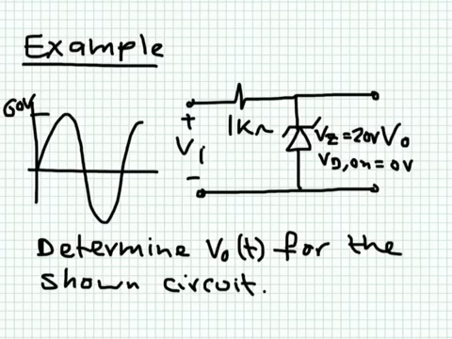The resistor is 1 kilo ohm. We apply to this circuit this input voltage, which is a sinusoidal voltage oscillating between 60 and minus 60 volts, and we'd like to determine the output voltage. Now, I didn't mention anything about dynamic impedance, so in that case I'm asking you to use the ideal case. So in the ideal case, the characteristics of this diode look something like this. In the forward region,